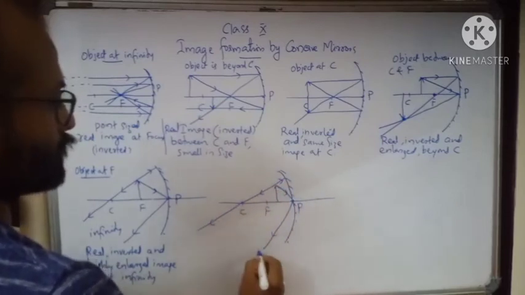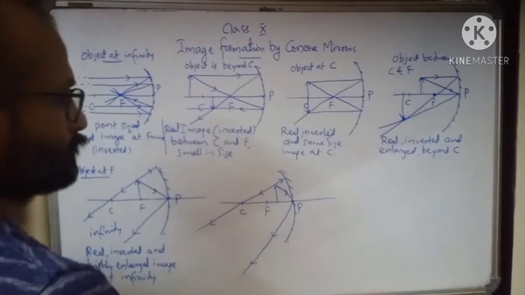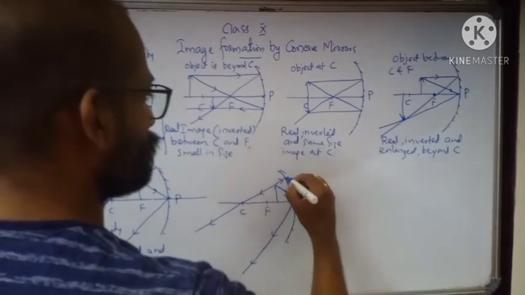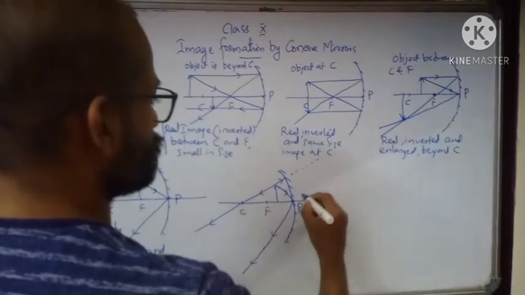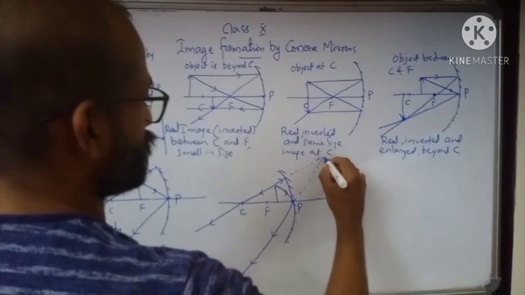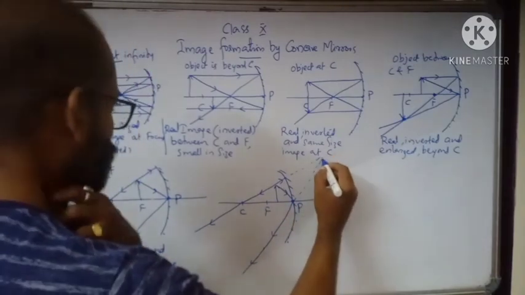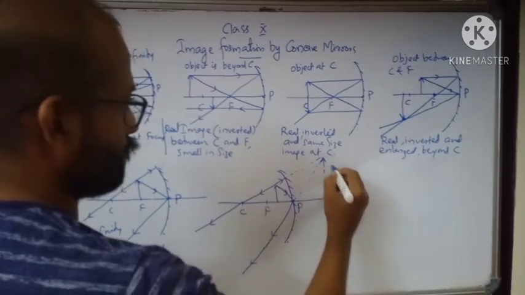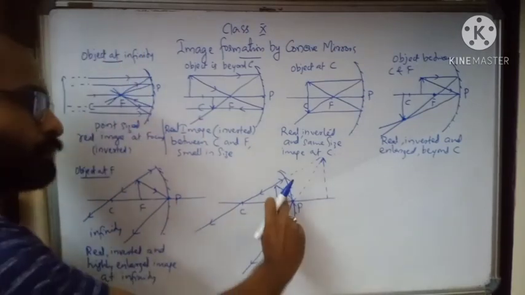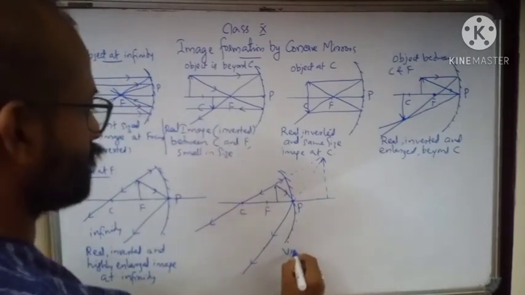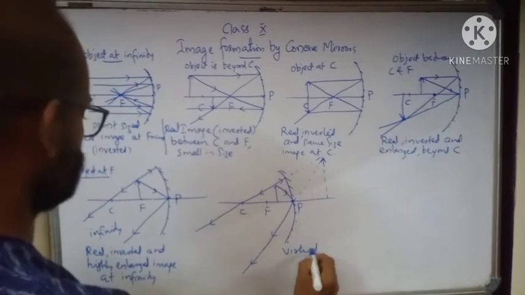See, these light rays are never going to meet. Even at a long distance, they cannot meet. So where can they meet? If we extend them behind the mirror, we can see that these light rays are going to meet. Somewhere here the light rays can meet. Okay, so here the light rays will meet, and here we'll get an image. This image is behind the mirror. That's why we can say it is virtual image. It is virtual. Okay, virtual image.